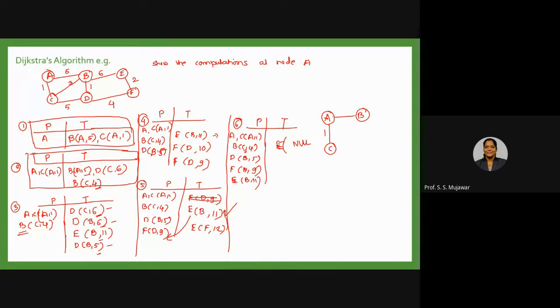So I need to just let me remove this. Okay. So I need to take the path of C to B.